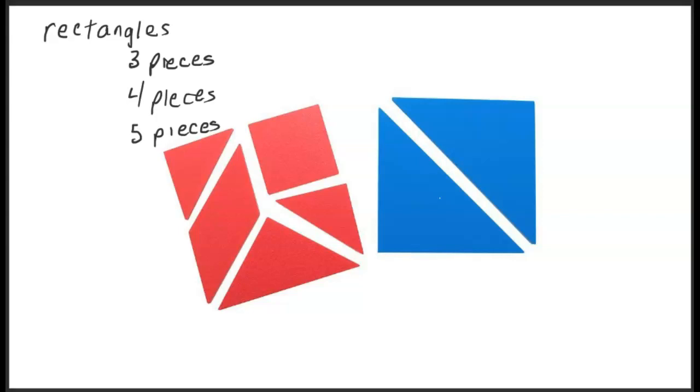Okay, so on the worksheet it'll show a shape. So take that shape from your tangram pieces and then add tangrams to it to make a rectangle, and that will show you what you need to draw on your worksheet. For example, you might see